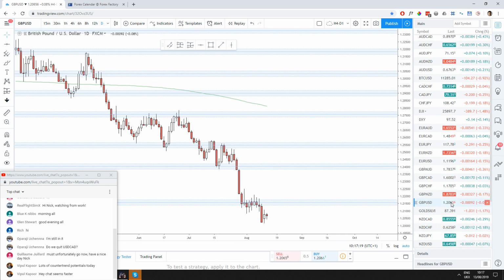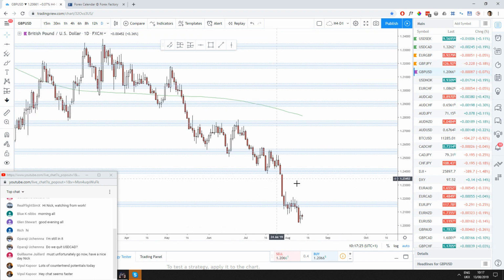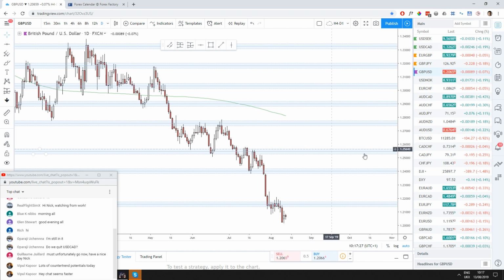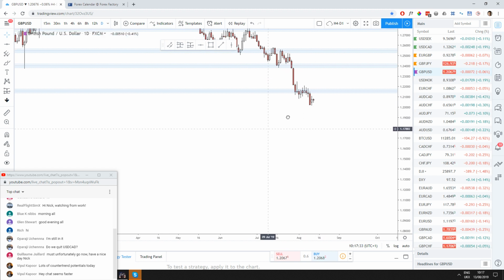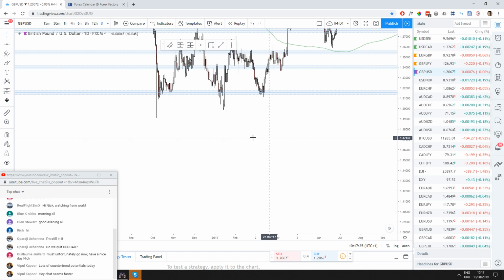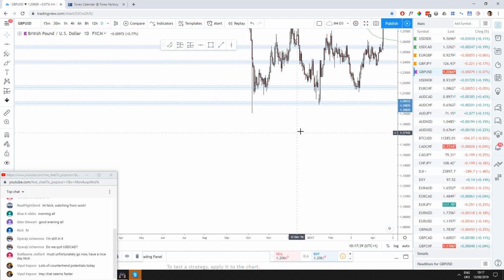I would suggest keeping a bit of an eye on GBPUSD also. If you're looking to trade GBPJPY, there is no clear setup right now on GBPUSD, but we want to see GBPUSD kind of stop here and potentially turn around. That would be ideal. Because if GBPUSD continues to shoot down,